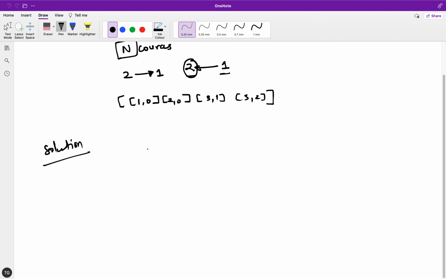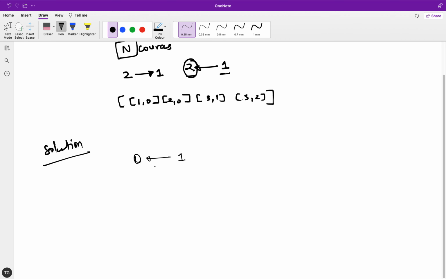So if I draw this problem statement in some pictorial representation, then it means that to complete the course 0, I have to complete the course 1 first, right? And this is actually a graph where the edges are directed.